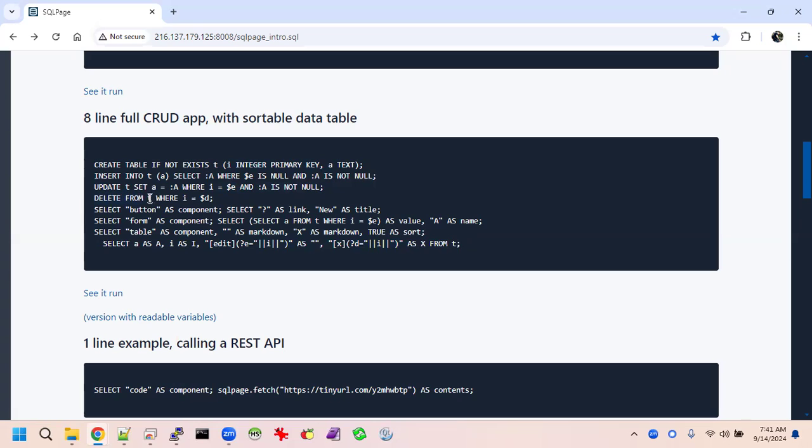Here we're going to delete from the T table wherever the ID equals this D variable that we've set down below. And these lines put some UI components on the screen. This puts a button on the screen. When the button is clicked, it goes back to the home page and sort of clears the screen. That button has the word new